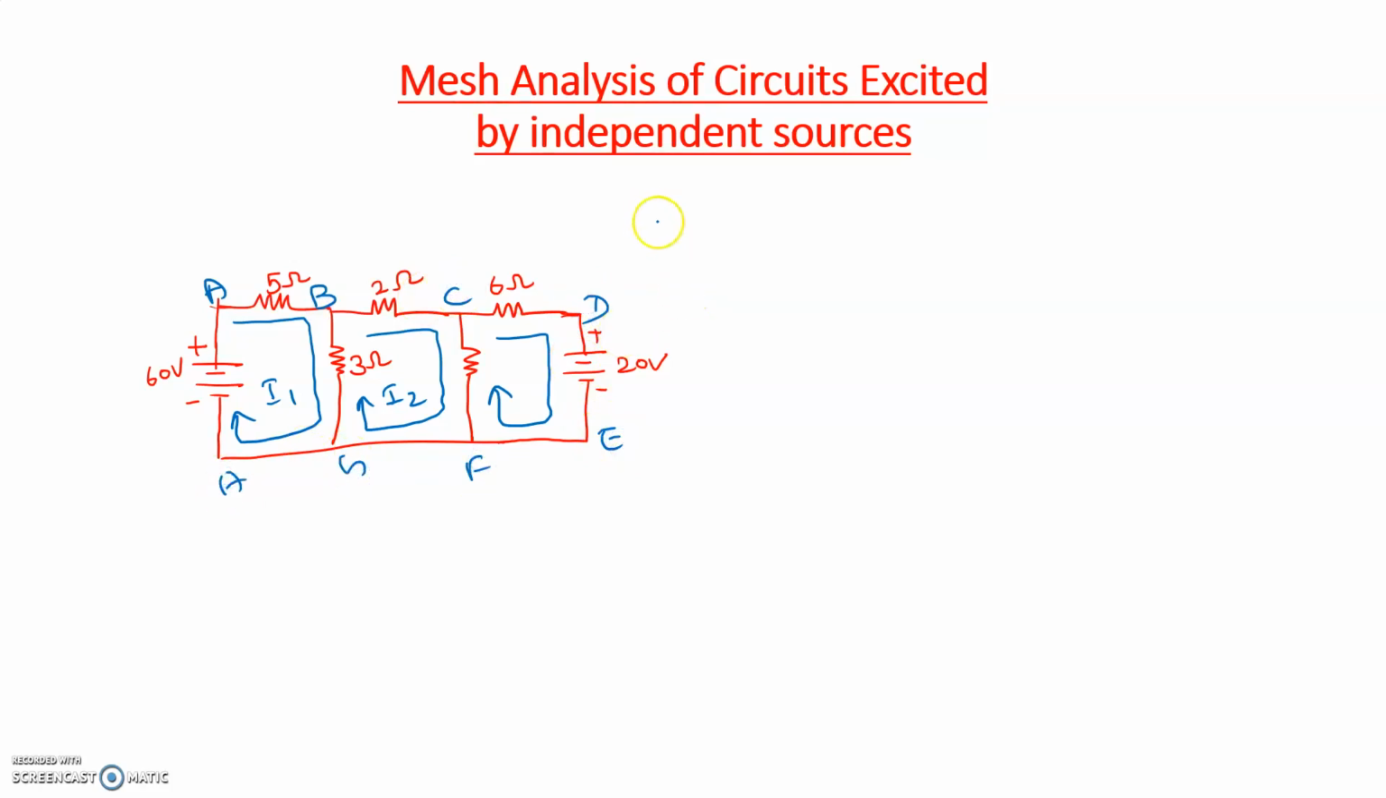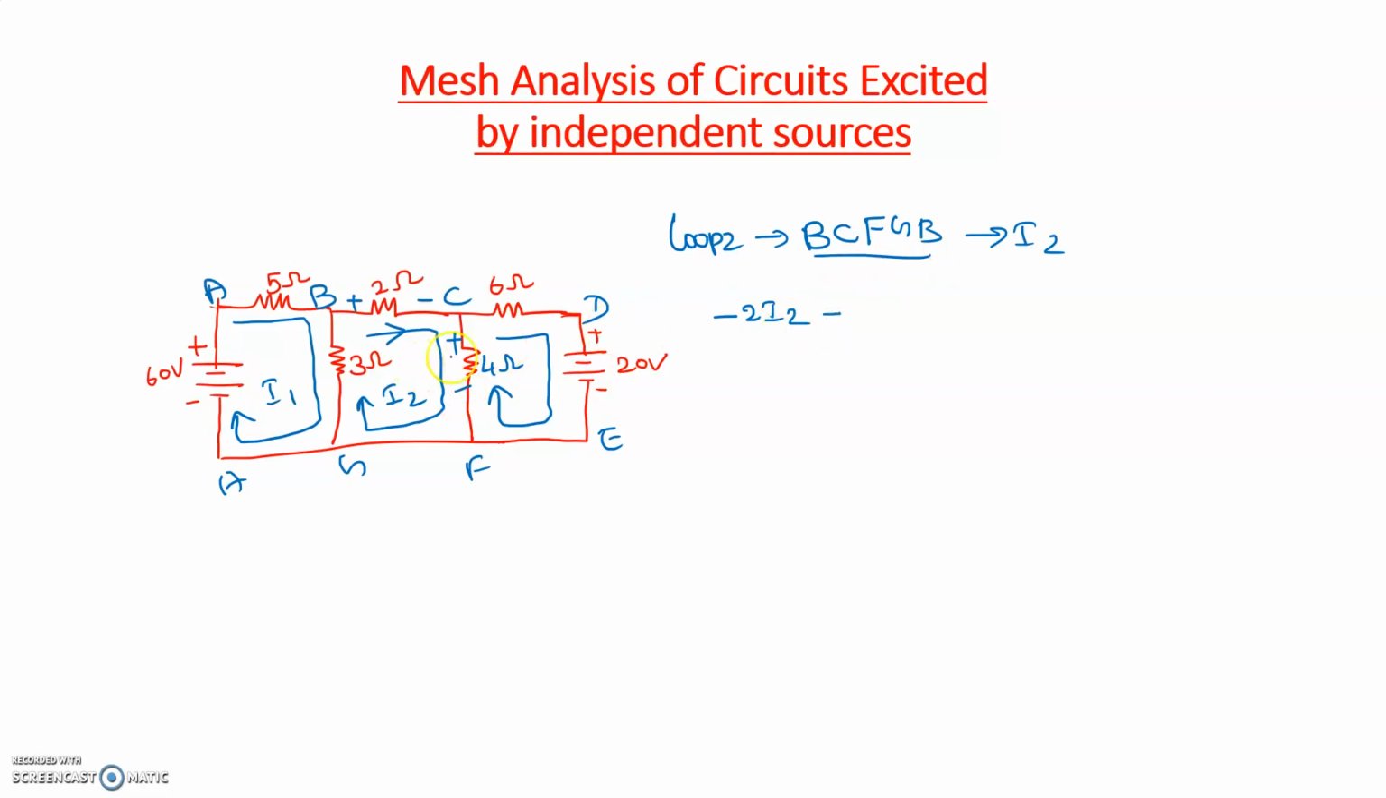So for the second loop, that is loop 2, which is B, C, F, G, B, the main current is the I2 current. Starting here, the current is entering at the positive terminal and leaving at the negative terminal, so that is a fall in potential: minus 2 into I2. Then coming to here, the I2 current is entering here and leaving at the negative terminal, which is also a fall in